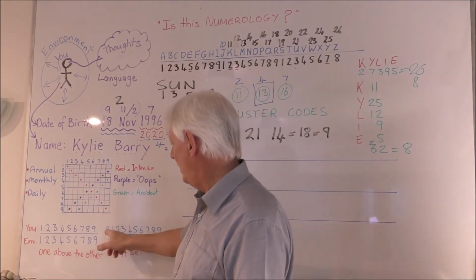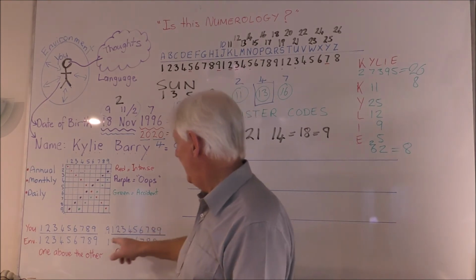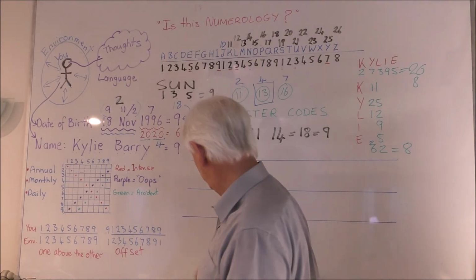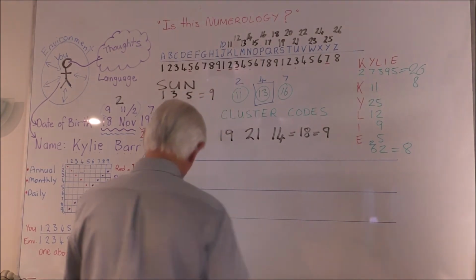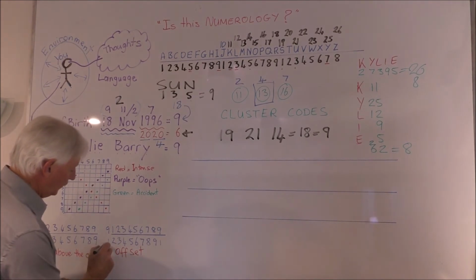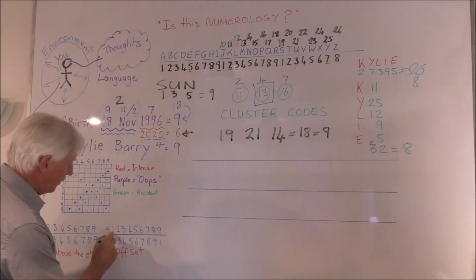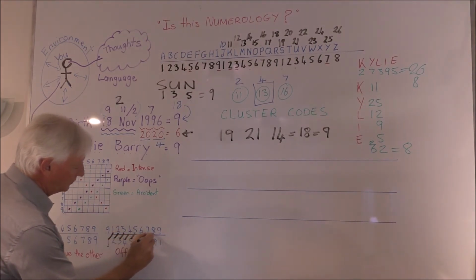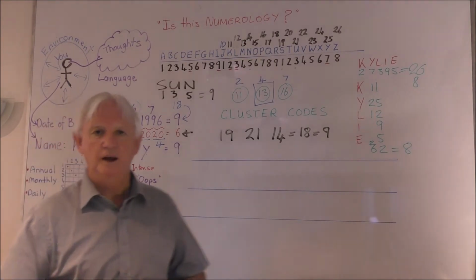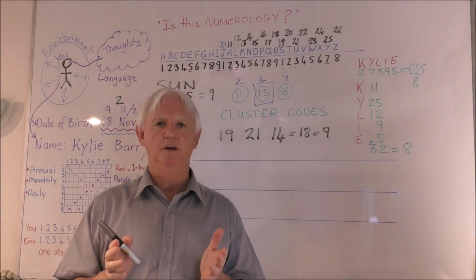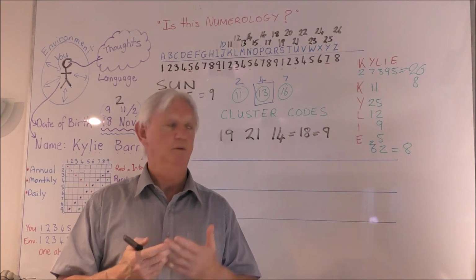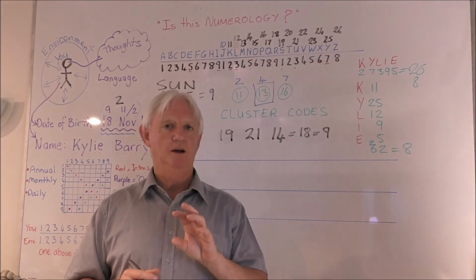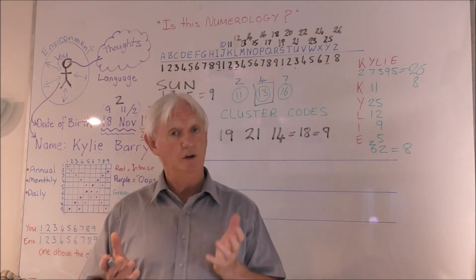Over here, sometimes you'll have numbers across the top that are you, and numbers across the bottom, which are your environment, but they're out of step by just one little bit. Now that little bit that they're out of step is when you have your birthday and you get 1 year older. It moves over, and see how those are all on diagonal? When I'm teaching this particular subject, I'm showing people that partway through a year, once you have your birthday, something happens to your name value, which is the letters, and it alters the way you feel about things. This is where personology comes in, and all the other aspects that control your psychology.